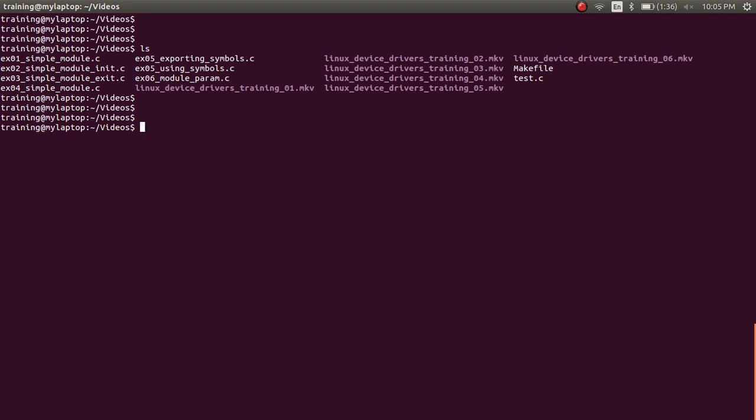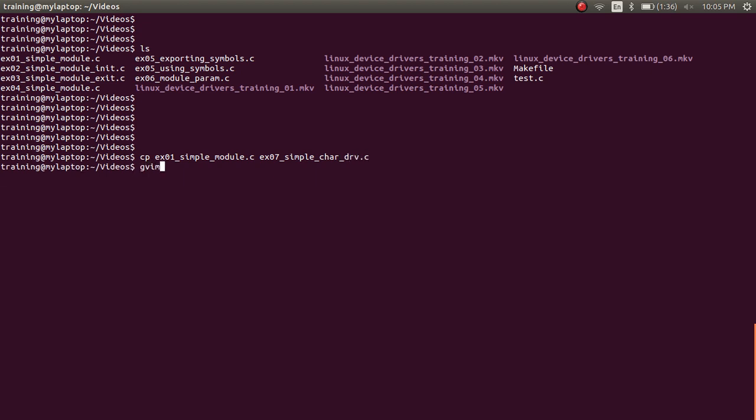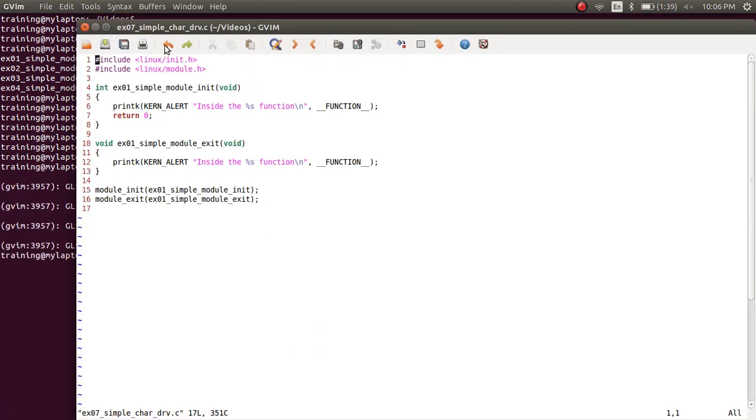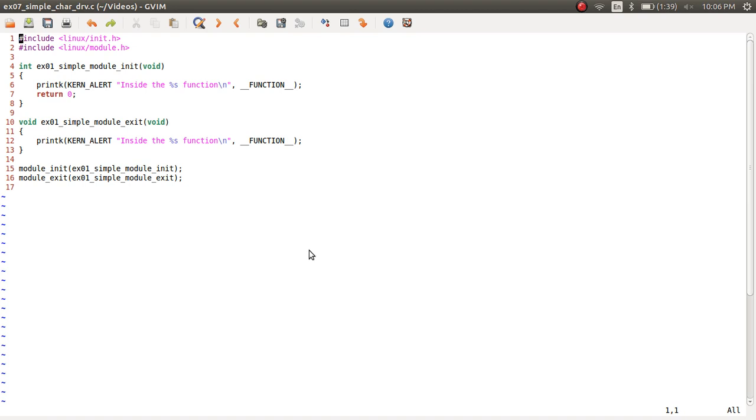Now coming back to the programming, what I'm going to discuss is the 2.4 Linux style of how to define a character device driver. That's a fairly straightforward approach, so that would probably give you an idea of how to write a character device driver. So let's copy example_01_simple_module.c as example_07_simple_character_drv.c. I'm going to open example_07_simple_character_drv.c,